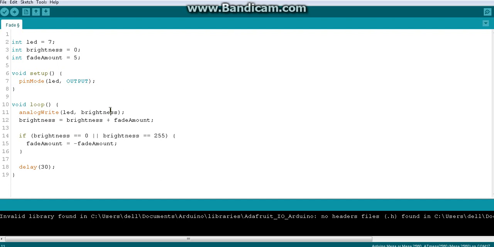Okay, so now you know the complete difference between the digital write and analog write, between the digital output and analog output. And also you know the benefits of having the analog outputs over the digital outputs, because analog outputs are capable of giving any value including the digital outputs as well. Because 0 and 255 are also possible in analog, but digitals are not. They can give only two possible values.